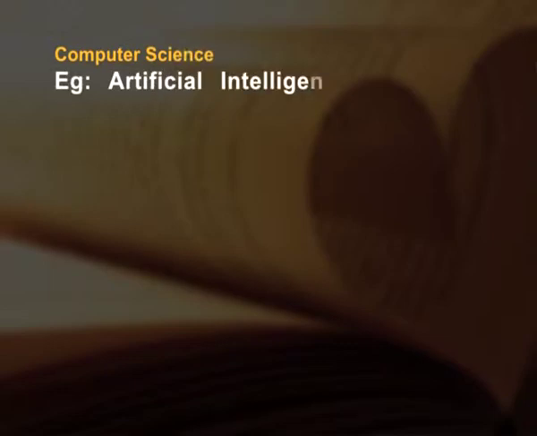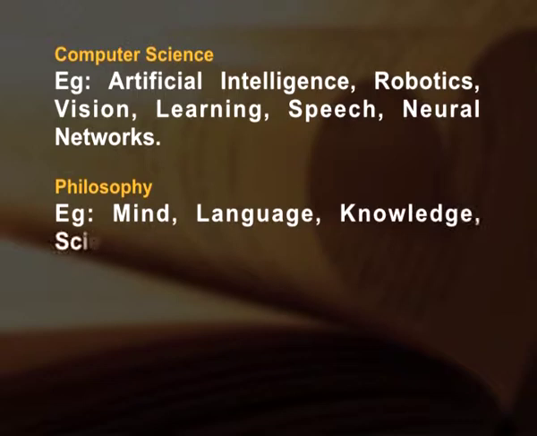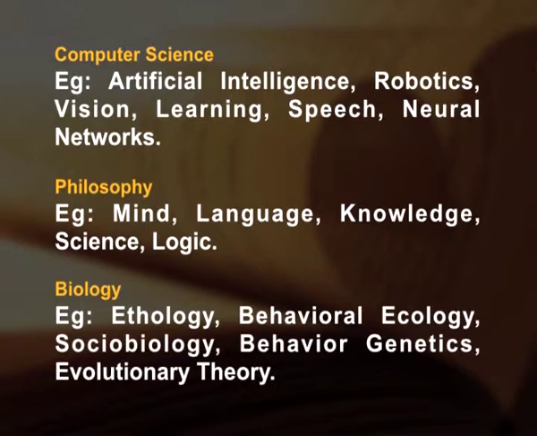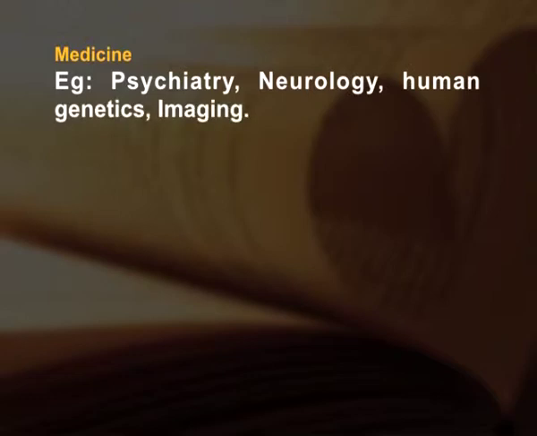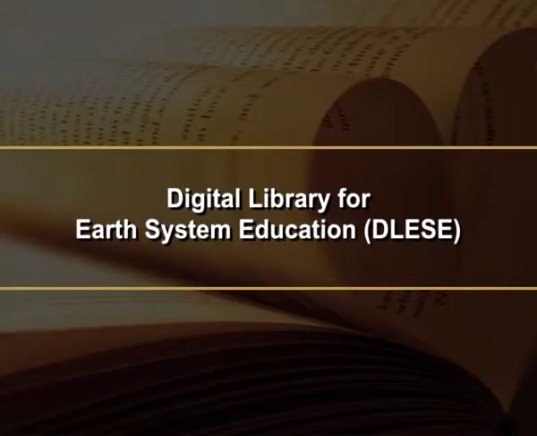www.cogprints.ecs.soton.ac.uk/perl/search/simple. Cogprints, an electronic archive for self-archived papers in any area of psychology, neuroscience and linguistics and many areas of computer science, for example artificial intelligence, robotics, vision, learning, speech, neural networks, philosophy, for example mind, language, knowledge, science, logic, biology, for example ethology, behavioral ecology, sociobiology, behavior genetics, evolutionary theory, medicine, for example psychiatry, neurology, human genetics, imaging, anthropology, for example primatology, cognitive ethnology, archaeology, paleontology, as well as any other portions of the physical, social and mathematical sciences that are pertinent to the study of cognition. Next, Digital Library for Earth System Education,